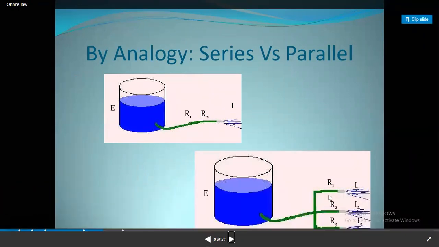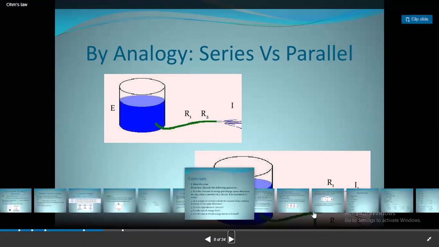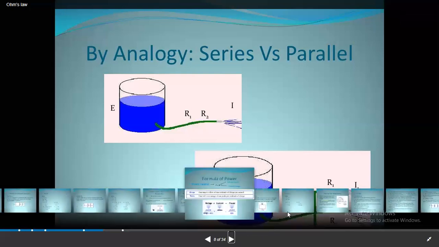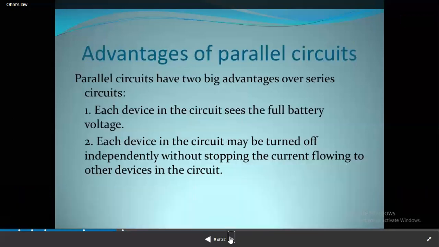Here you can see these are three different resistors which are in parallel. So you can understand that some amount of water comes over here. It shares among these three resistors. But remember that you cannot say the same amount travels. It depends on the diameter, the size of the hole of these pipes. If the pipe is too big, a higher amount of current can travel through. It depends on the resistance, the current coming over here shared among these two, right? Let's go to the next slide.